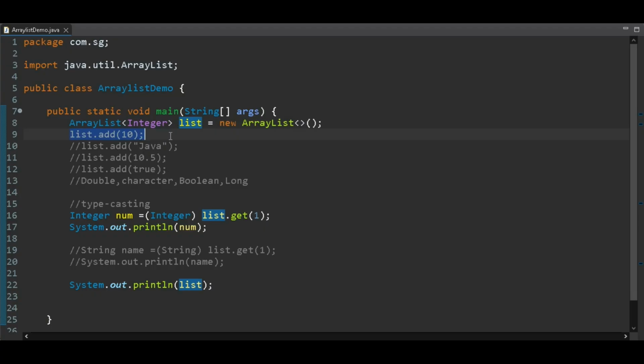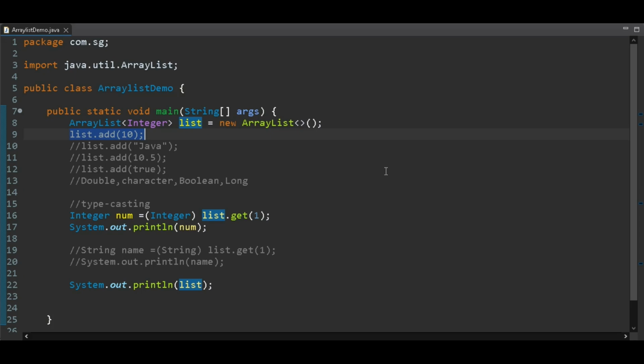So basically generics help us in two ways. First, they provide type safety while adding data and detect errors at compile time. And second, they eliminate the need for typecasting while retrieving the data. And that's why generics are very useful when working with collections like array list. Okay, and I will make a separate video on generics. So for now, just remember generics provide type safety by allowing us to specify what type of data we want to use. Okay, clear? And don't worry, all the points I have mentioned are in the PDF notes. So just focus on understanding the concept.